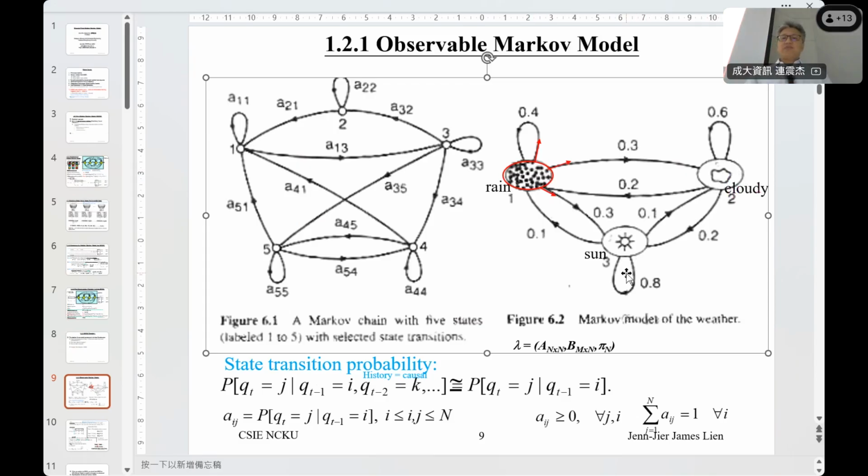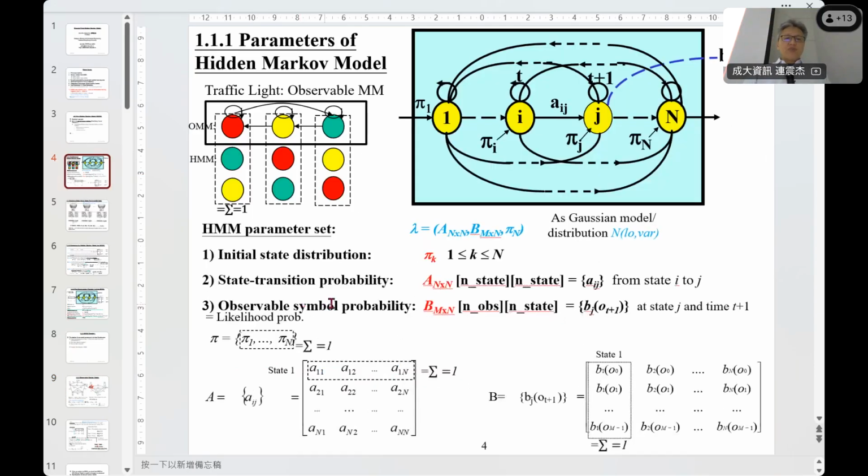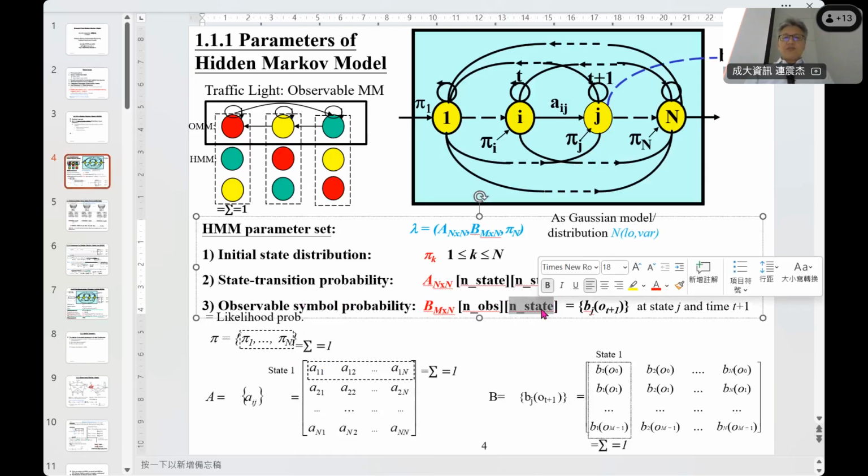In Taipei it is different: rain is higher, cloudy is smaller, and sunshine is smaller, something like that. 所以说这里很重要的一点是，在 observation Markov model 里，每个 state 只有一种可以看到的状况，就限制住了，没有弹性。所以 Hidden 比较有弹性，Hidden 就是每个 state 把所有的可能状况都存在，只是几率有高有低。